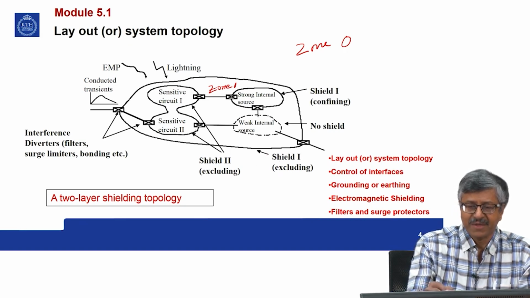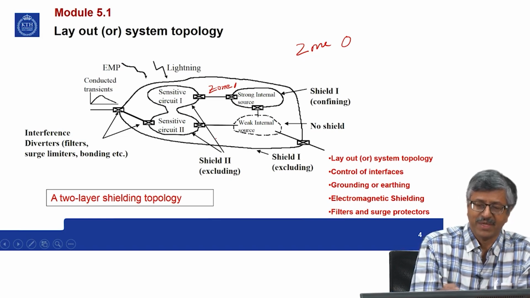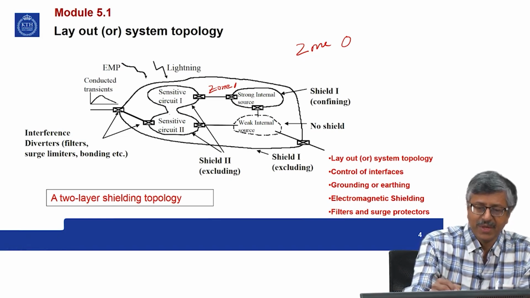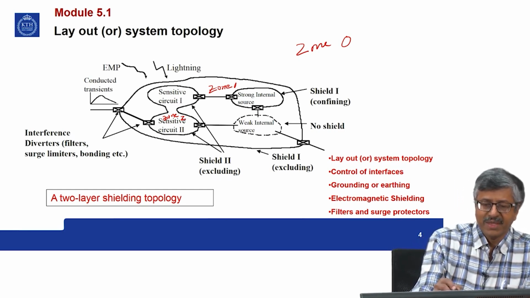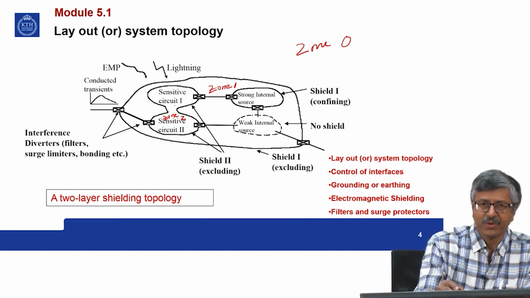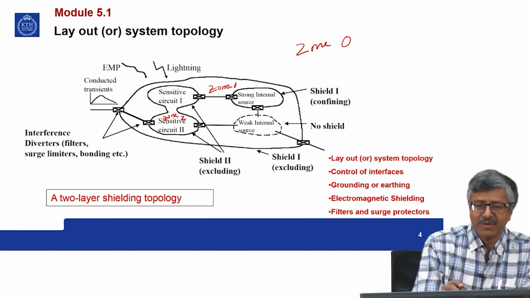Then after that, you have another shield, shield 2. So these two shields are for excluding the harsh environment. So here it will be, let us say, zone 2. So by the time it comes to sensitive circuits, it would have reduced to a very low value. So this is called